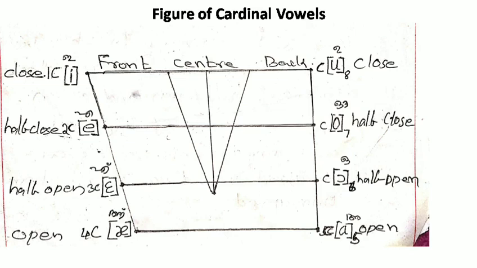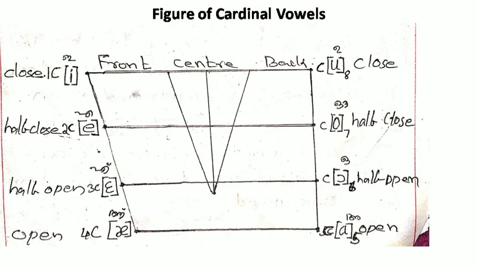5th cardinal vowel is a back vowel and it is in open position. 6th cardinal vowel is O, that is half open back vowel. 7th cardinal vowel is O, that is a back cardinal vowel and half close. And 8th is a back cardinal vowel, that comes in close position. You have to draw this vowel diagram. Any of these 8 cardinal vowels are not included in the center position of the tongue.